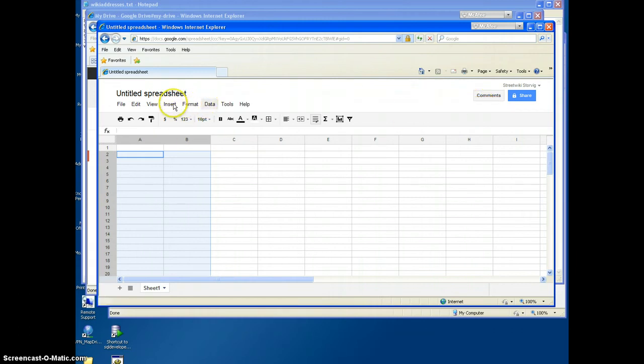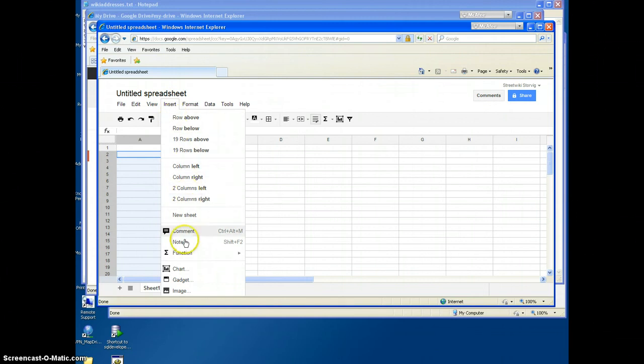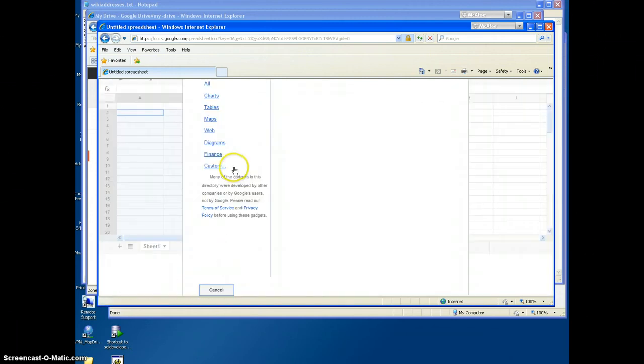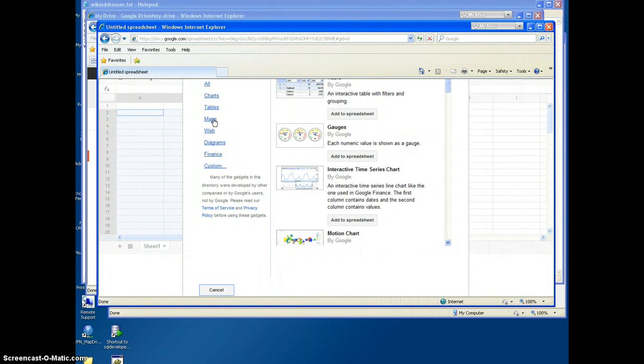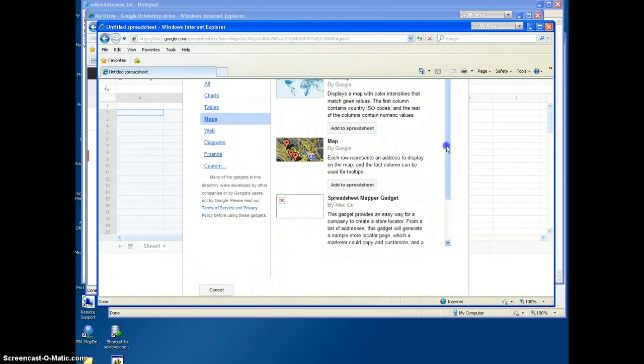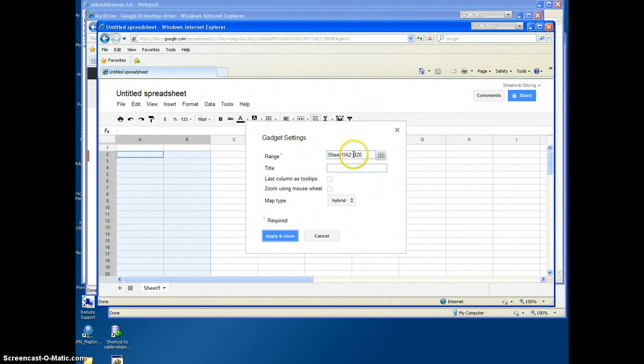I'm going to click on Insert, and I'm going to click on Gadget. Here, I will click on Maps, and here we see several listed. Let's just choose this map and click Add to Spreadsheet. Now we have a few options. We see an Excel style expression of the boxes on the spreadsheet used to make the map. We can keep it at 2 to 20. Actually, it's 19 elements. Let's call this